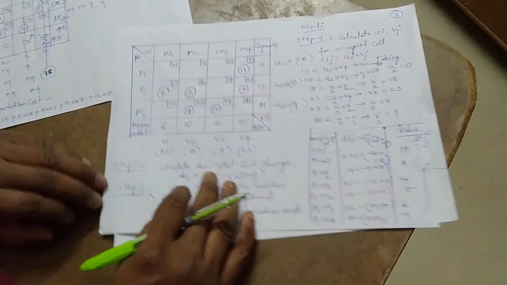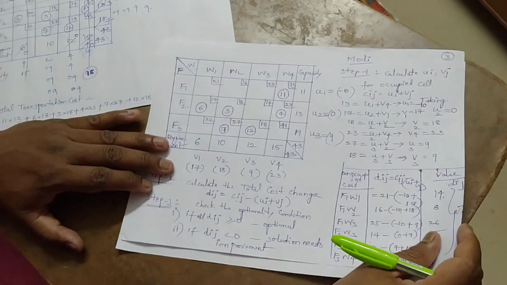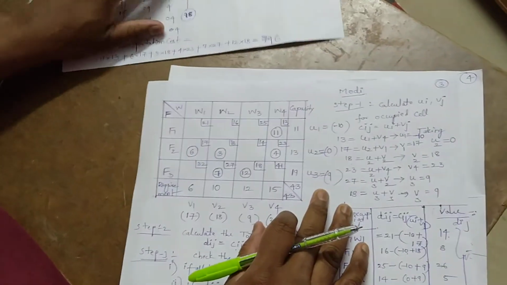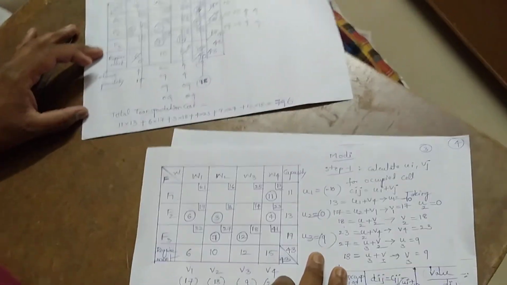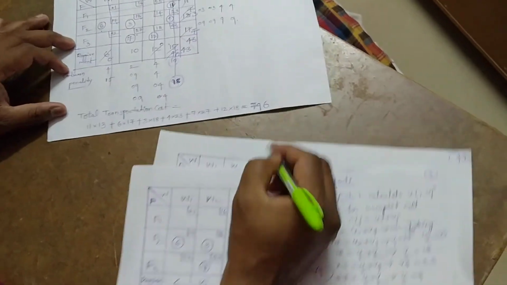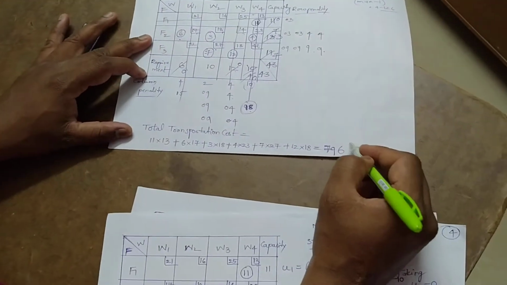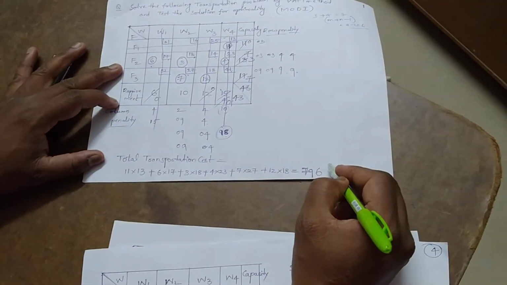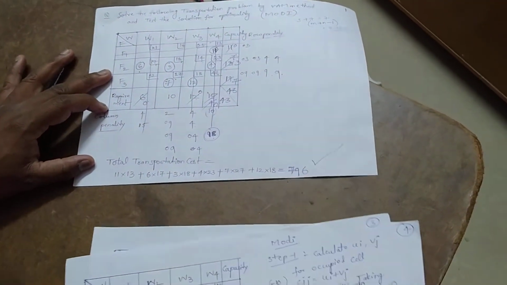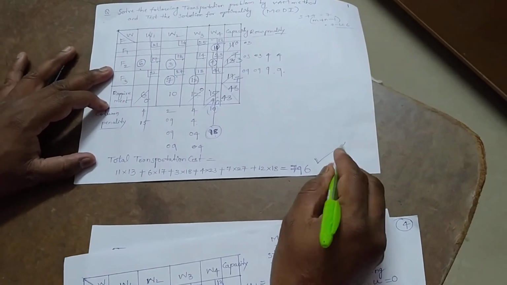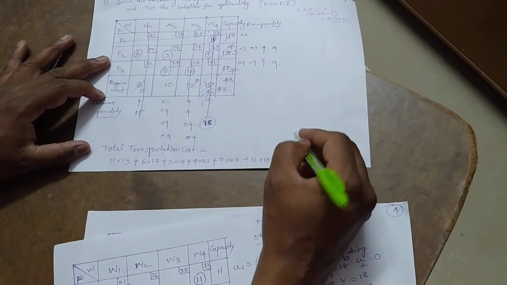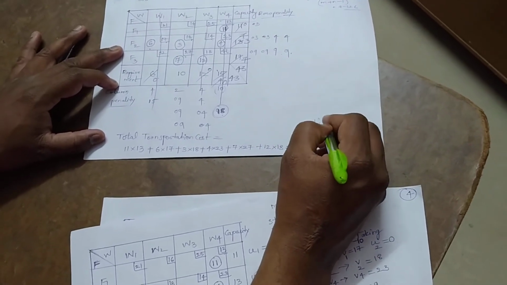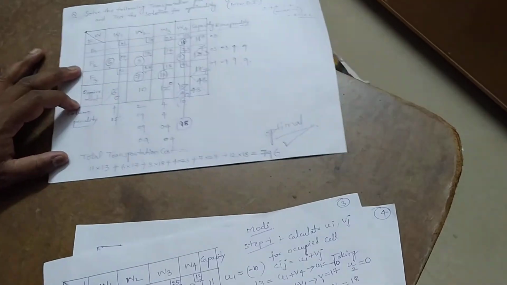So if the solution is optimal, the initial feasible solution that was obtained by using the VAM method is an optimal solution. By using the VAM method we got the transportation cost as 786. That same solution is optimal, and the total transportation cost is 796.